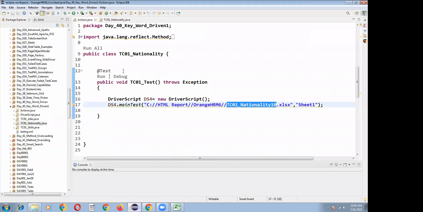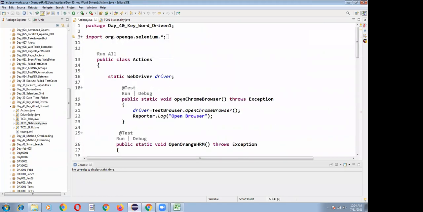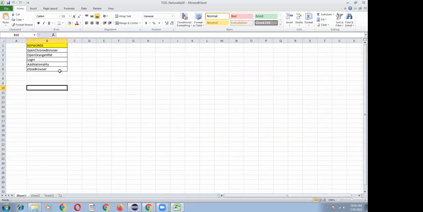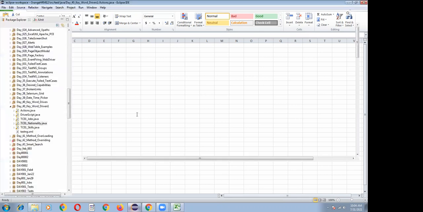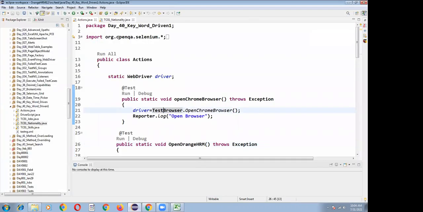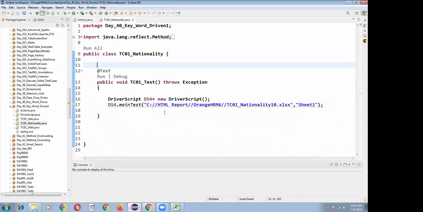I am keeping all my method names in this Excel. Whatever methods need to be executed as part of this test case, I kept those method names, so we can call them keywords. Whenever you execute this test case, those methods will be executed.